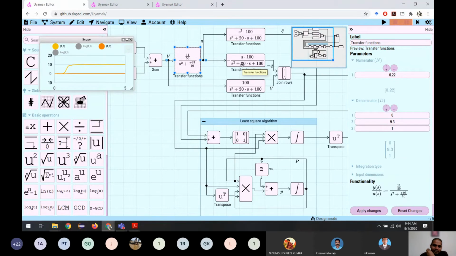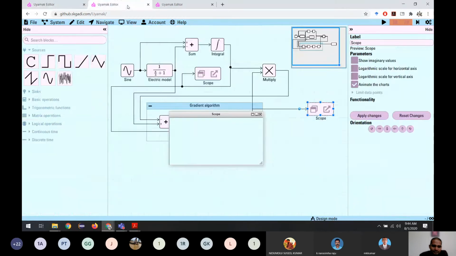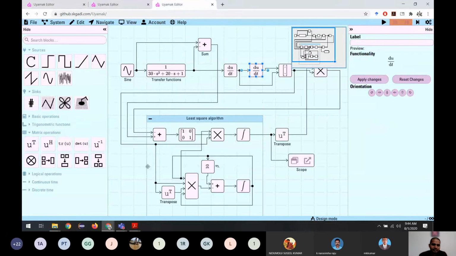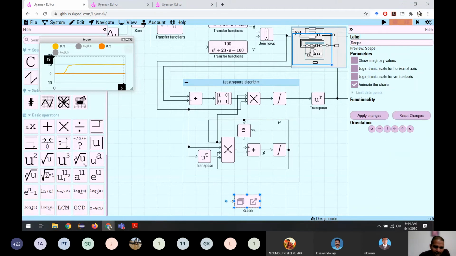The error is because we are not using the actual differential, I mean the derivatives. We are using a filter. So all these errors are added to this, and we get some different value. But if you measure the difference between Z and Z estimate, we can see that. Let us see how it looks.